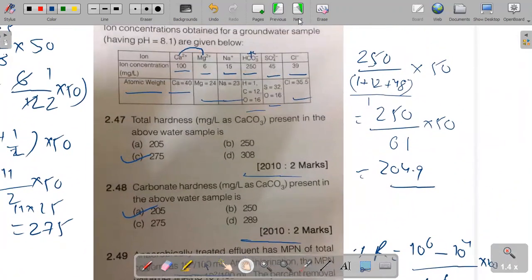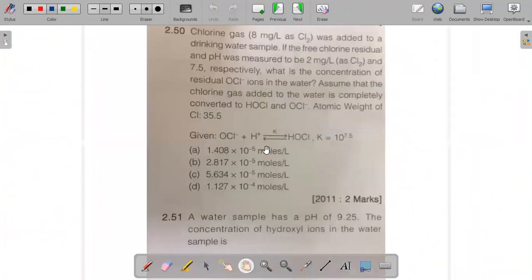Let's move on to our next question, in which we have chlorine gas of 8 milligram per liter as Cl2 added to a drinking water sample. If the free chlorine residual is measured to be 2 milligram per liter and its pH is 7.5 respectively. So the residual free chlorine is 2 milligram per liter and pH is 7.5. What is the concentration of residual OCl minus ion in the water? We need to find the concentration of